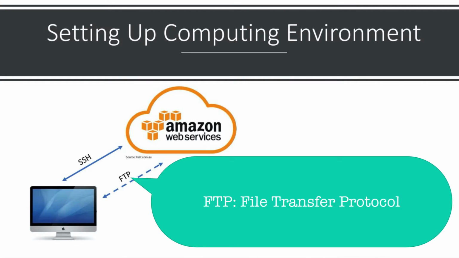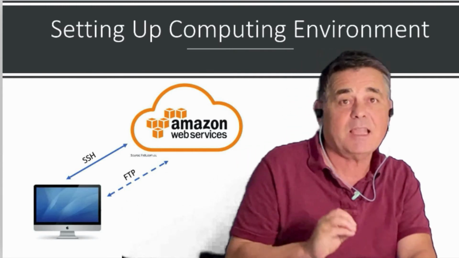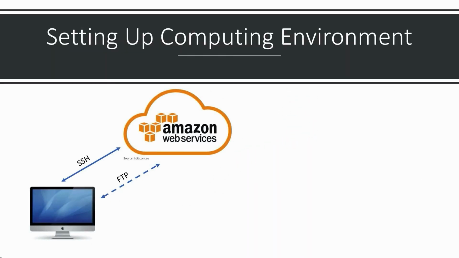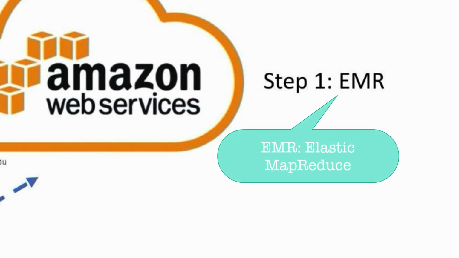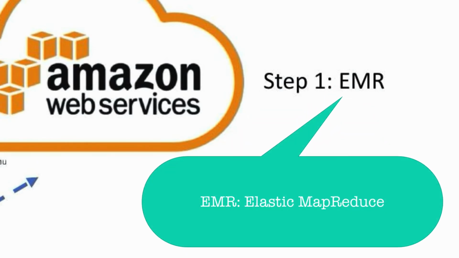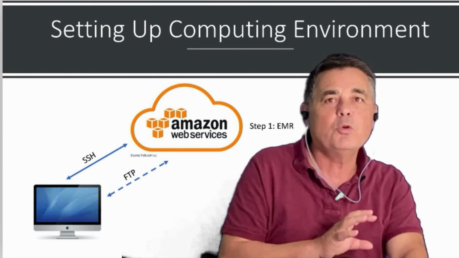So basically, in order to create this computing environment, we need to follow 3 steps. In the first step, we need to set up the cluster. This cluster is called EMR, Elastic MapReduce. It's one of the many services that Amazon Web Services can provide for you. Once we have set up the cluster, we need to connect to the cluster, so we move on to the